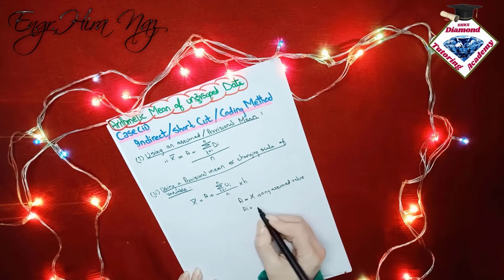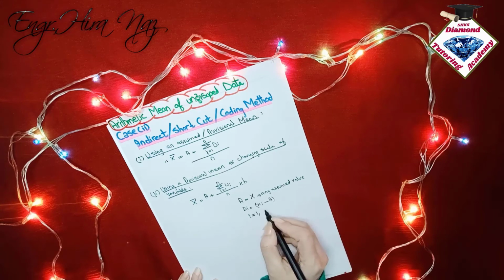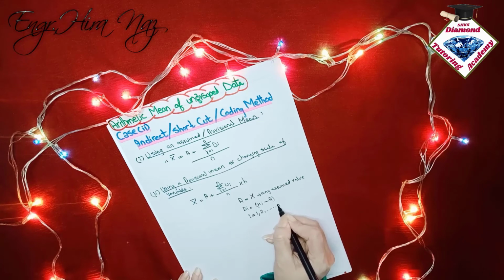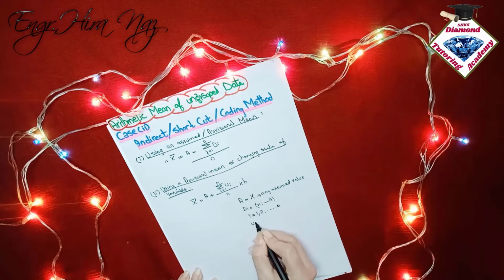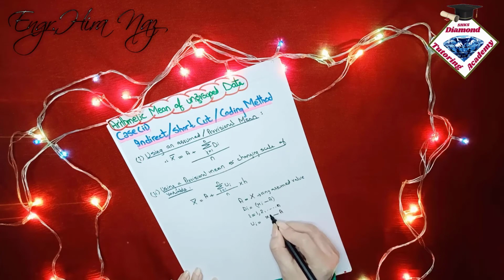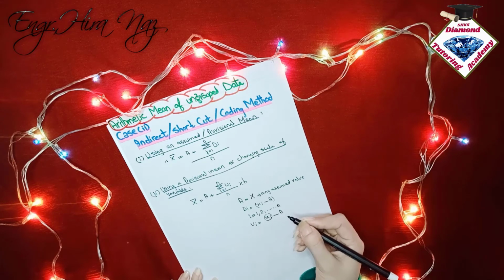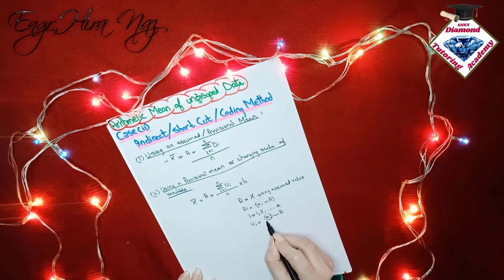Your di, that is deviation, is, where i is any constant, let's say 1, 2, up to so on. And ui is xi minus a. This is basically the number of variable. We are talking about first, second or third variable. So that is why I am here writing i for numbers.